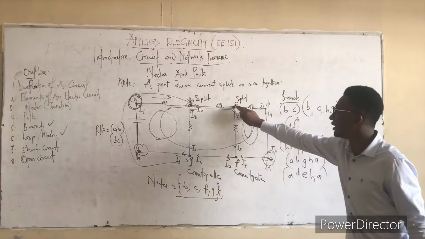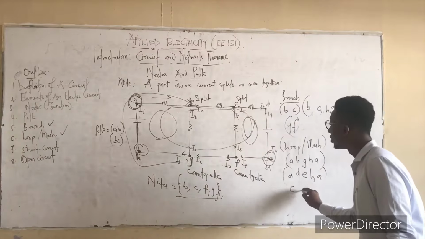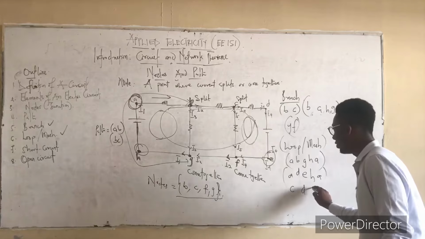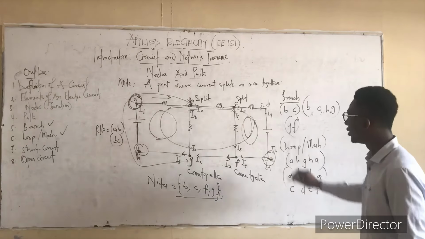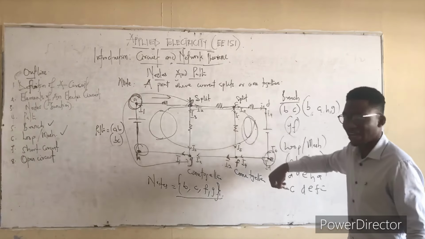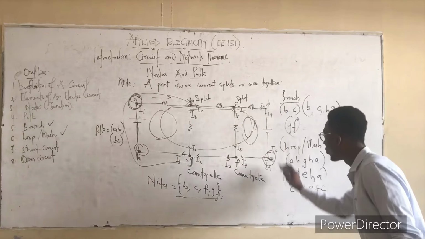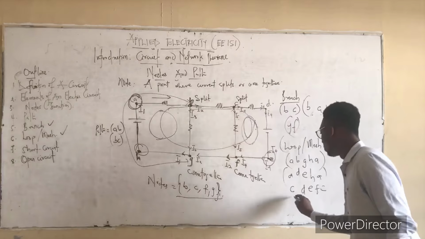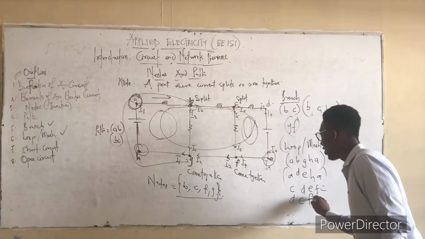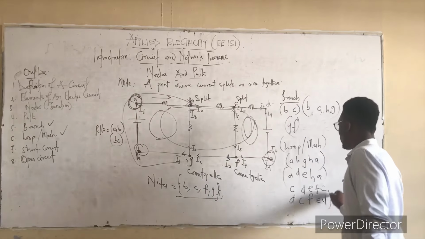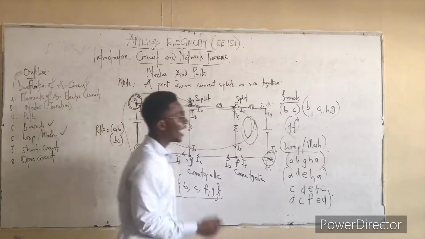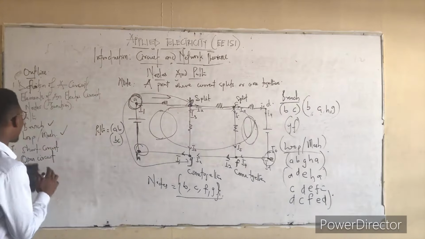So I start from maybe C. So I create C, D, E, F, and back to C. In the same region I can go either clockwise or anti-clockwise. So I can also start from D. So D, C, F, E, D. So this is the explanation of what a loop is. Now, the last thing we'll do